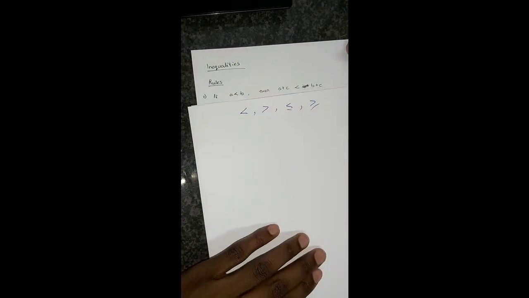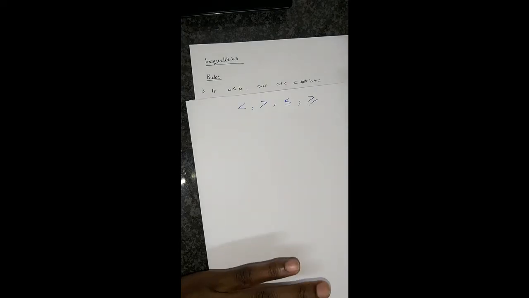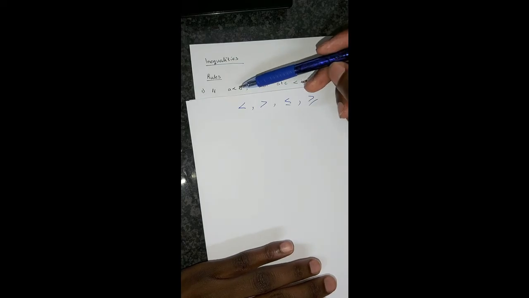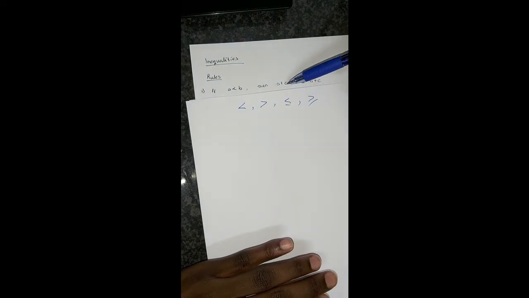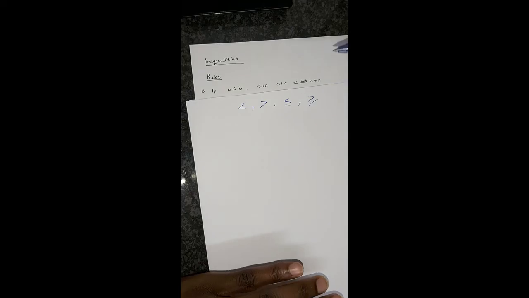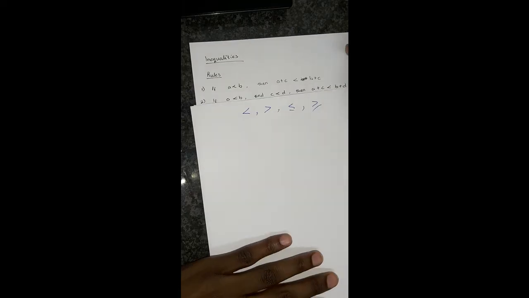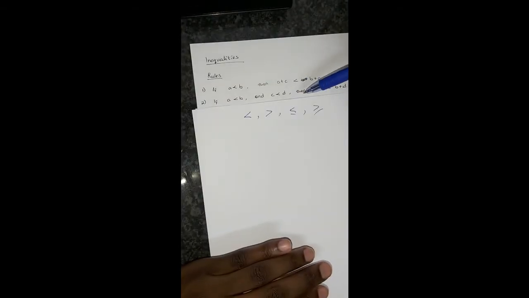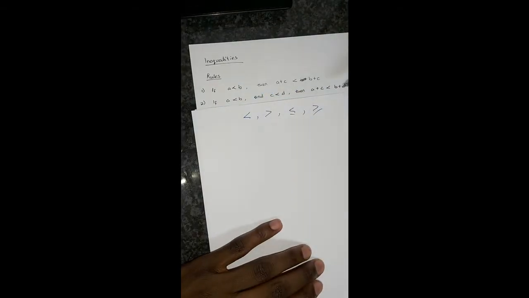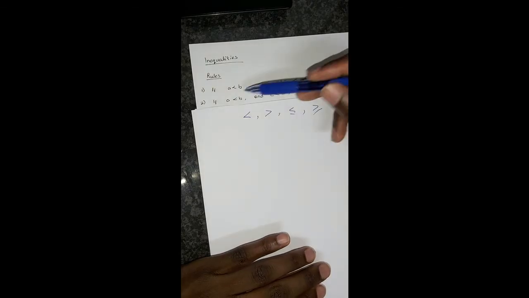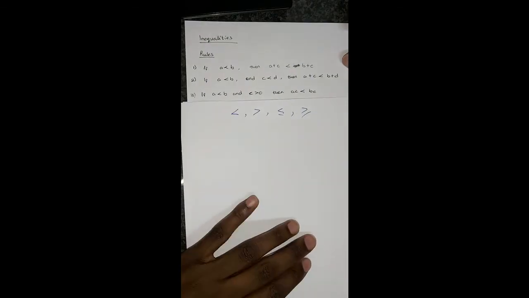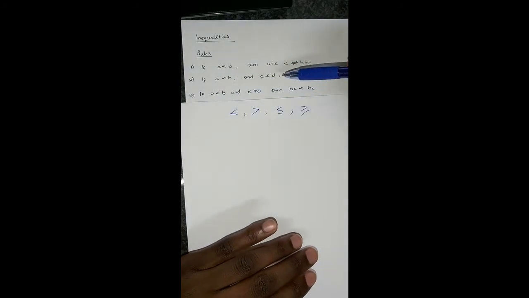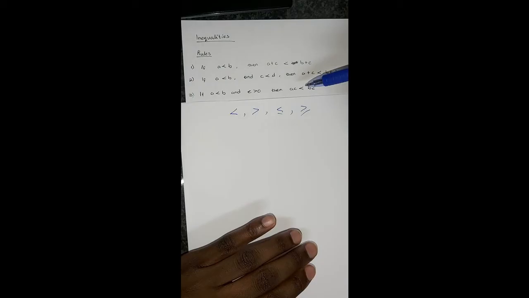Okay, so the rules that should be followed when using inequalities. The first one, if A is less than B, then A plus C should be less than B plus C. And if A is less than B and C is less than D, then A plus C, the lower ones, will always be less than B plus D, the greater ones. Okay, and then another one, if A is less than B and C is greater than 0, then AC is